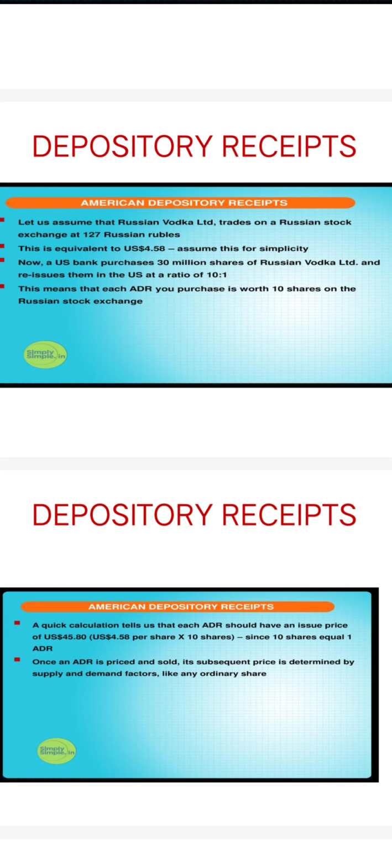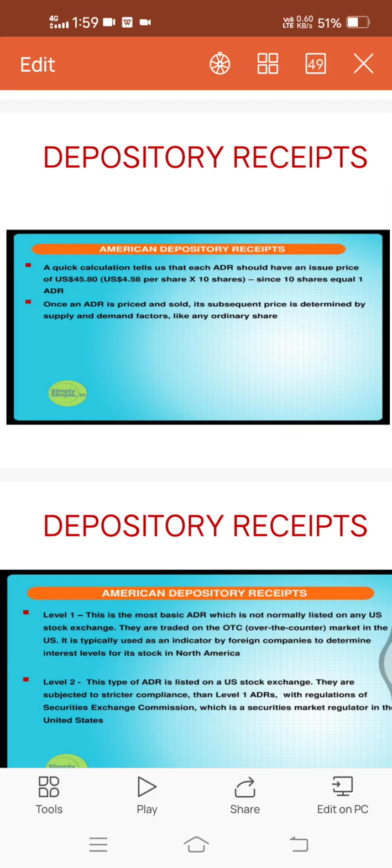This means that each ADR you purchase is worth 10 shares on the Russian stock exchange. A quick calculation tells us that each ADR should have an issue price of US dollar 45.8, since 10 shares are equivalent to one ADR. Once an ADR is priced and sold, the subsequent price is determined by supply and demand factors